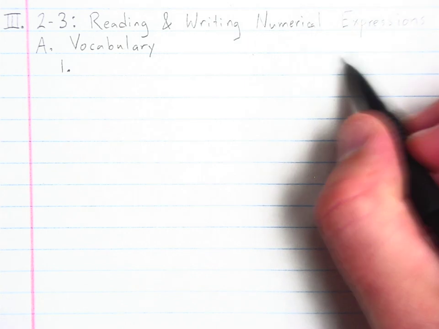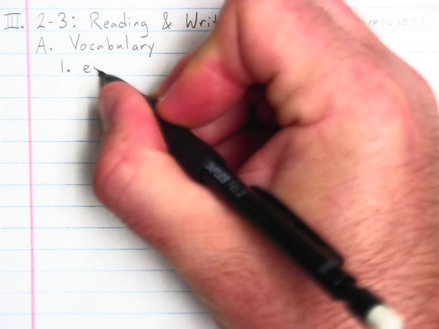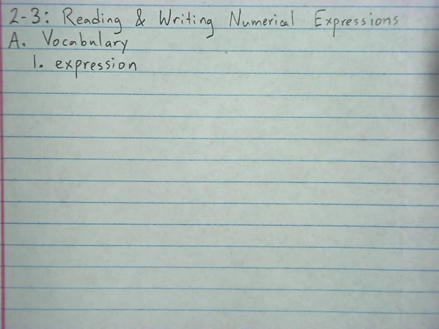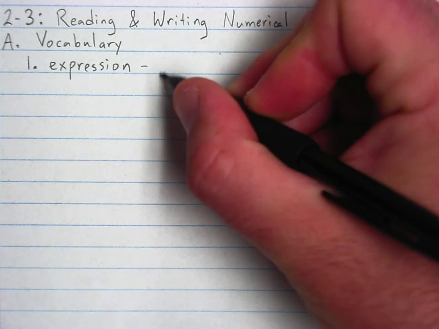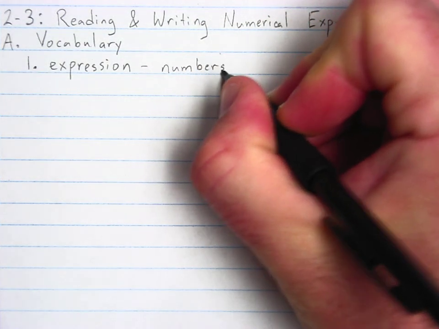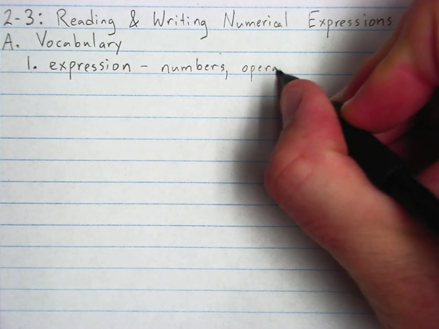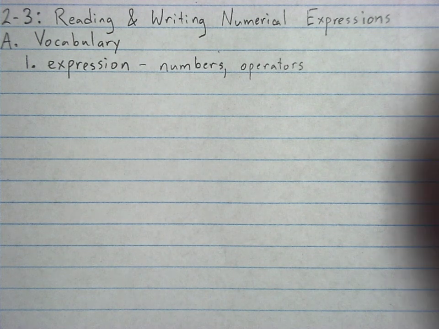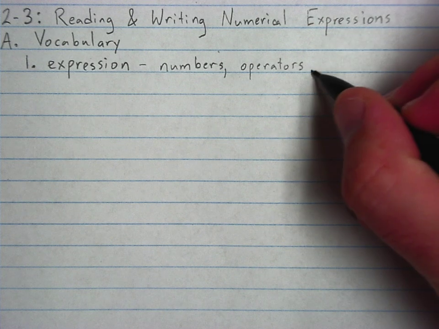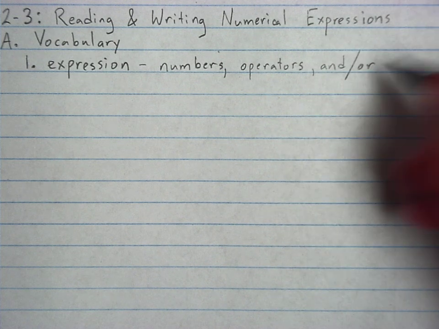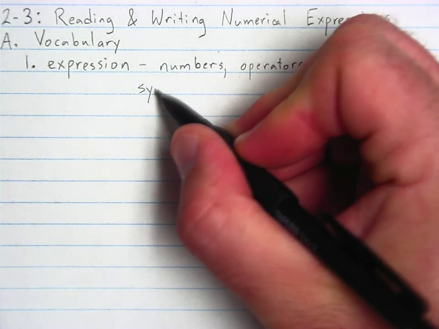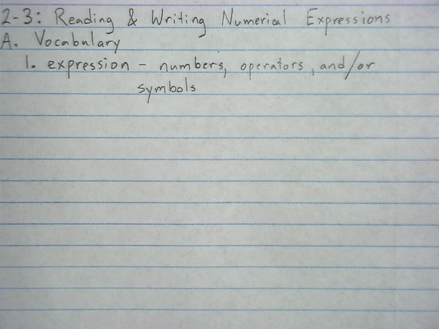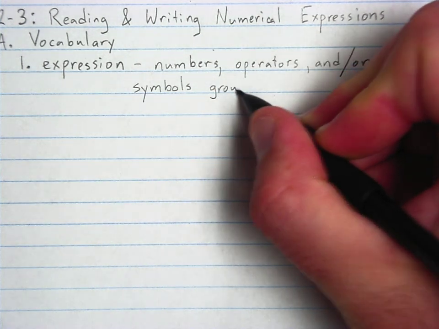First, let's talk about what an expression is. Okay? Hopefully you've heard me say this in class. Hopefully you've heard it from other math teachers as well. An expression is just numbers, operators. Well, that sounds like that would be a good vocabulary word too, doesn't it? Numbers, operators, and/or symbols. We do love our symbols in math. Numbers, operators, and/or symbols grouped together